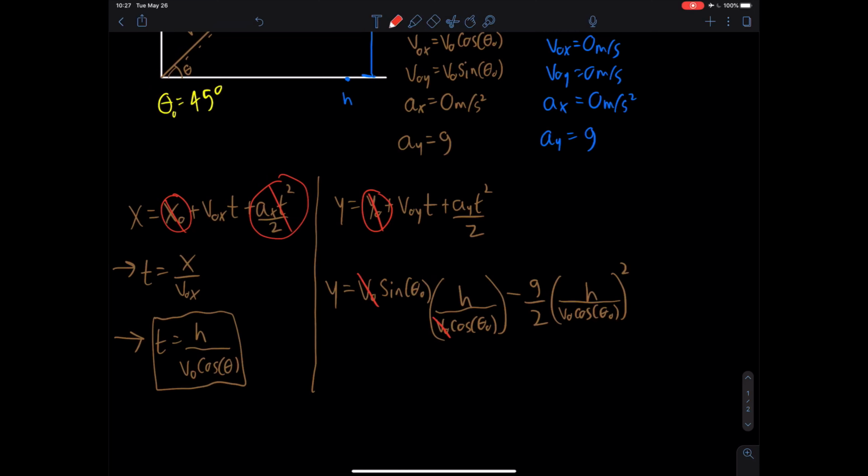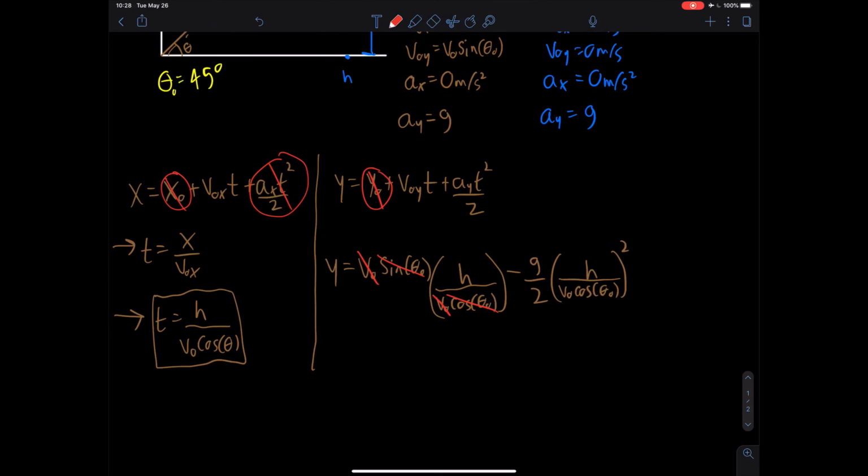Sine of 45 degrees and cosine of 45 degrees are the same thing. They're both root 2 over 2. So sine over cosine of 45 degrees, which is also tangent of 45 degrees, is just 1. So these just become 1. They cancel out as well. And so what we have left